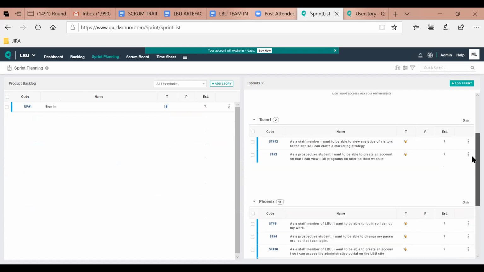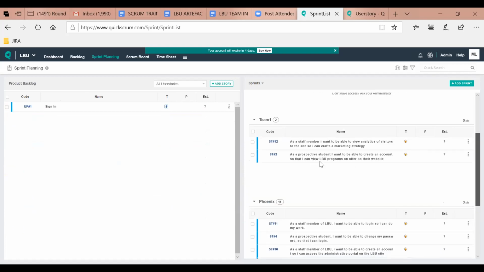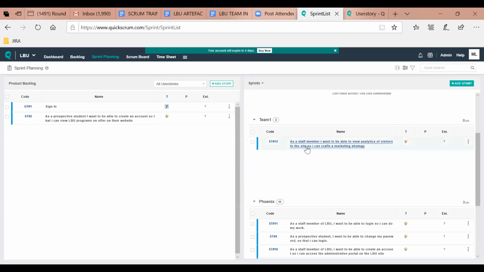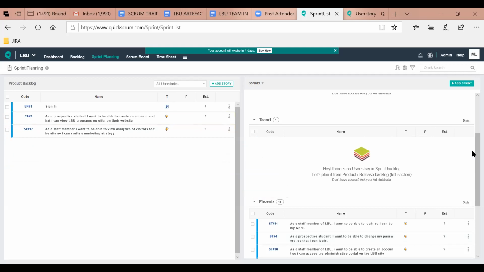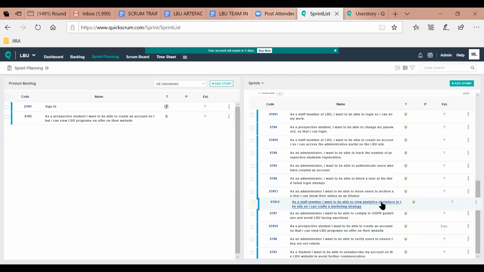Can you not hold control and drag multiples at a time? Because what if you have hundreds of stories? Yeah, you will always find shortcuts for these things because you don't want to do it one by one, but I'm just doing a demo. So if I pull this here,